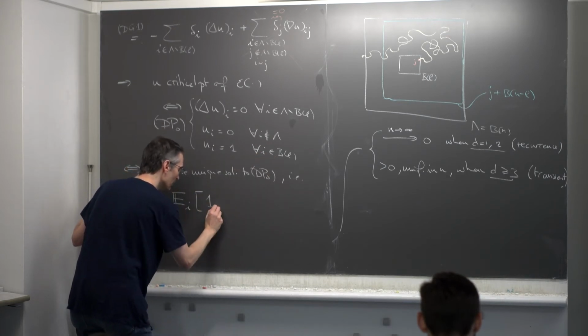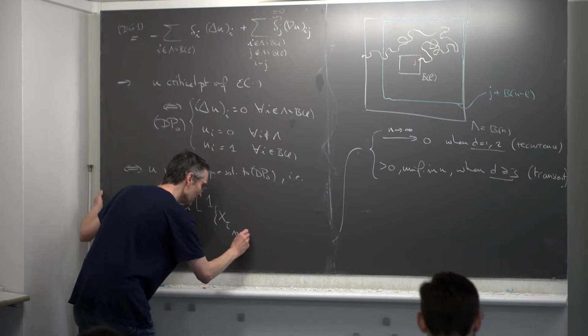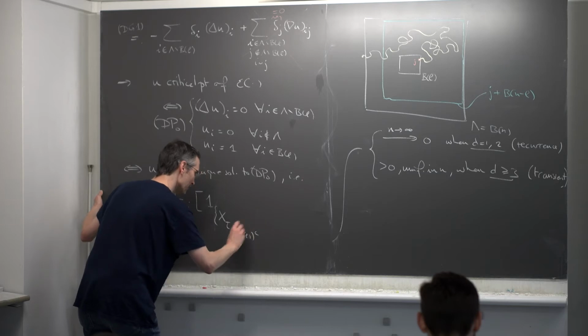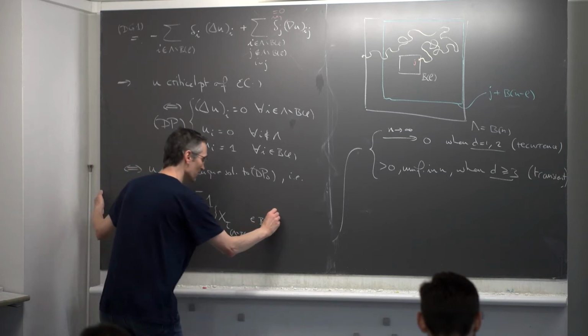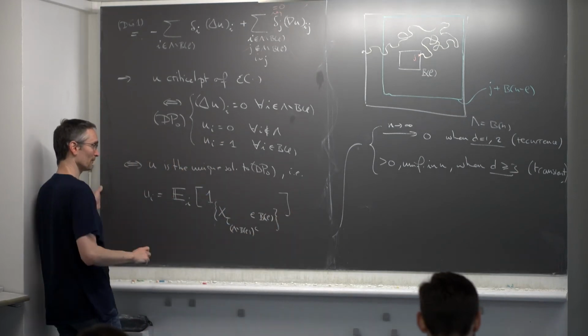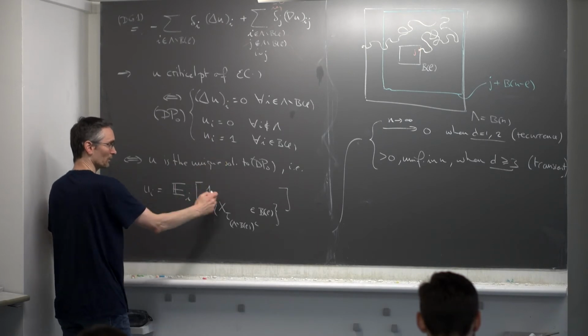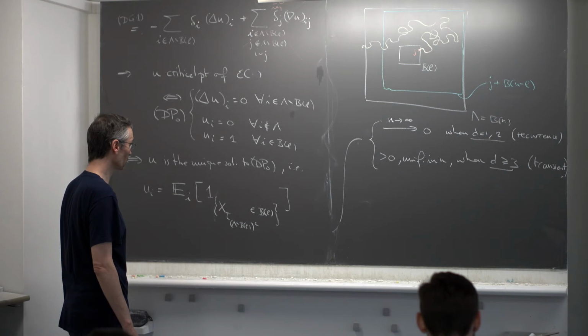when the random walk exits the box lambda minus BL, it does so by entering BL and not by exiting lambda. That's just the boundary condition that you have here. 0 here, 1 here, so it's exactly this function. So that's what we proved in the chapter on the GFF.